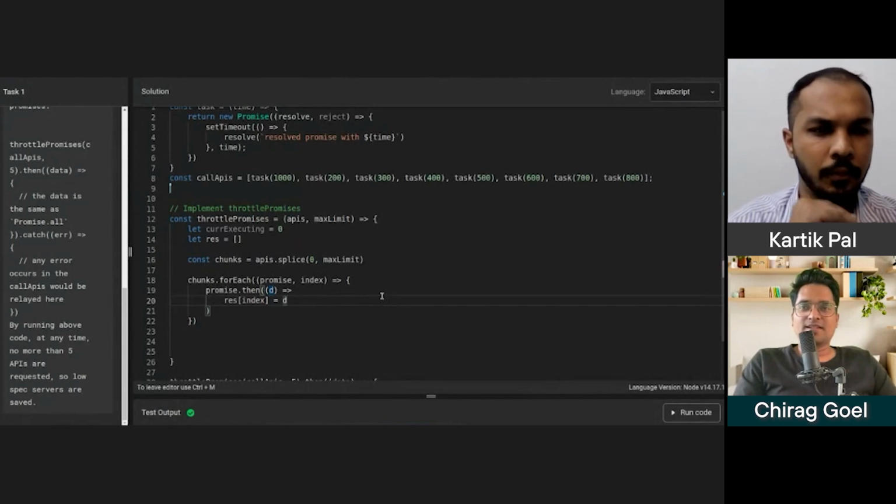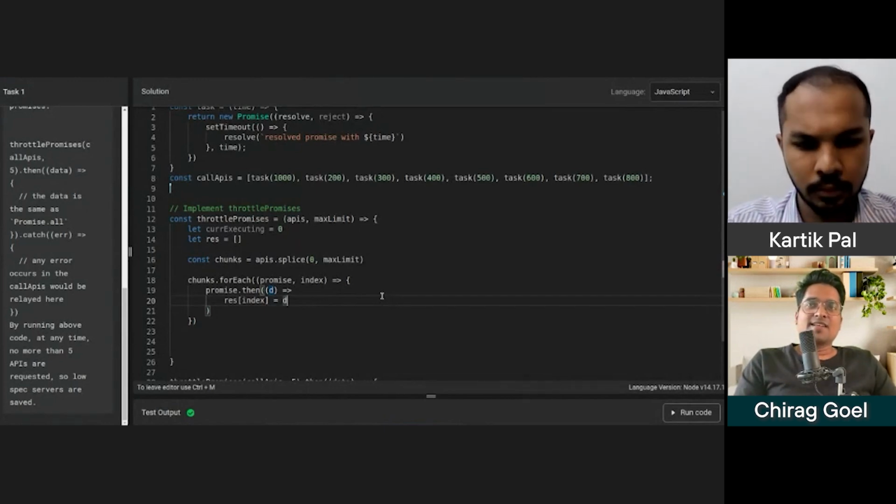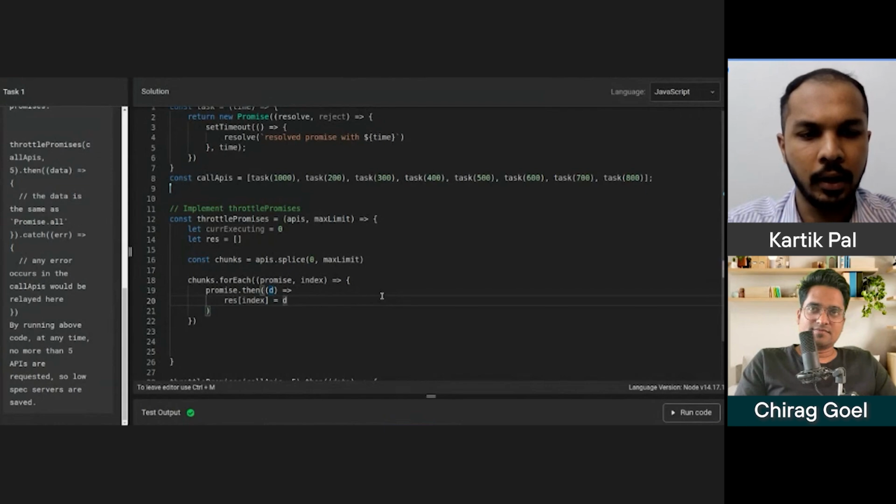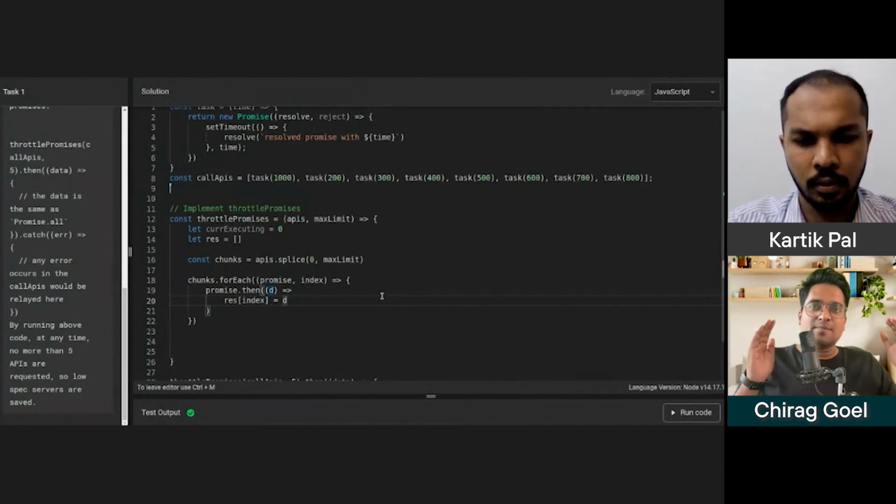Let me help you with one analogy, if you can understand. In a relay race, how many people can participate? Let's say at a time there are four people. In total, how many people can participate? Hundreds of people, say suppose. But at a time, how many people go depends on the lanes that you have, isn't it? So once you set those 4 lanes and make the first 4 people run,